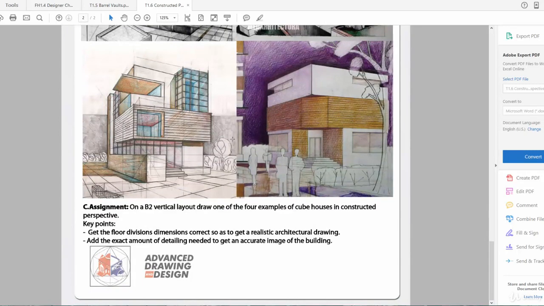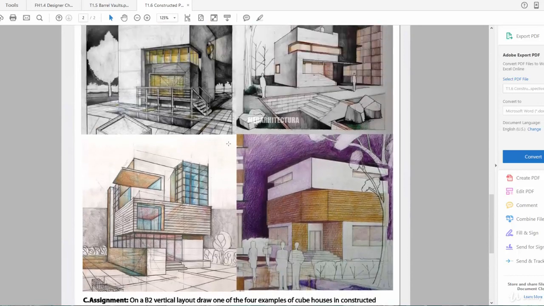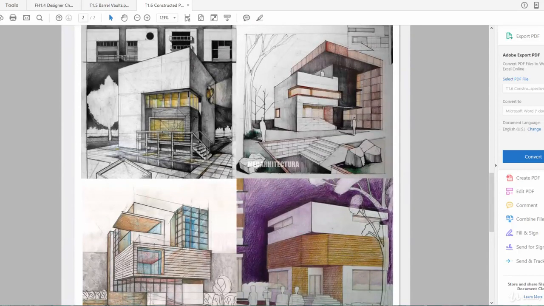Again, don't try to be creative here. Try to understand these volumes, okay? So I say if you choose this building, do the divisions, you can see you've got some crazy stuff happening here. You do the vertical divisions, the floors, and then you start adding in the detailing, and your drawing